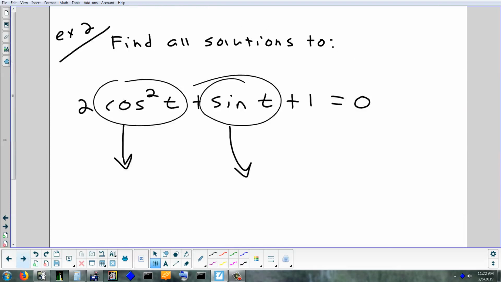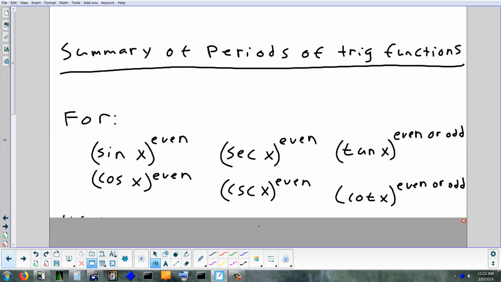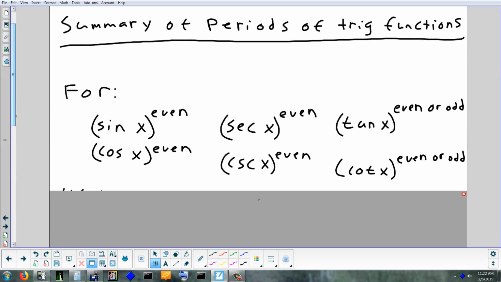2 pi over b and pi over b. I'm just going to tell you you can also use those for this situation as well. And what it basically boils down to is that an even or an odd exponent tells you which formula to use. So if you have any of these situations, if you have a sine to an even power, cosine to an